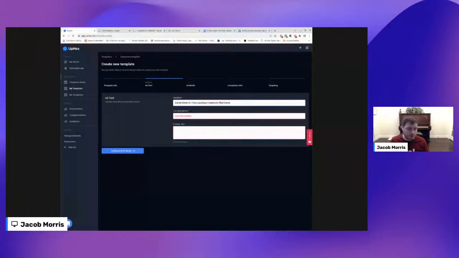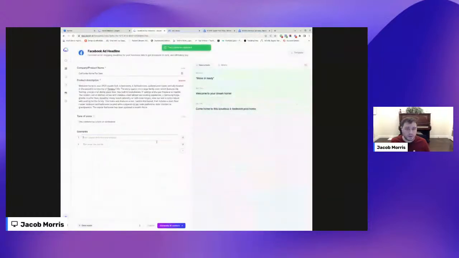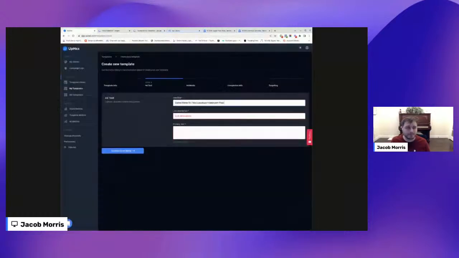Come home to this luxurious 4-bedroom pool. Not like home in there, so we're going to see if we can work with that a little bit better here. See if we can get stunning 4-bedroom pool home. There we go. That's much better. Much better. All right, stunning 4-bedroom